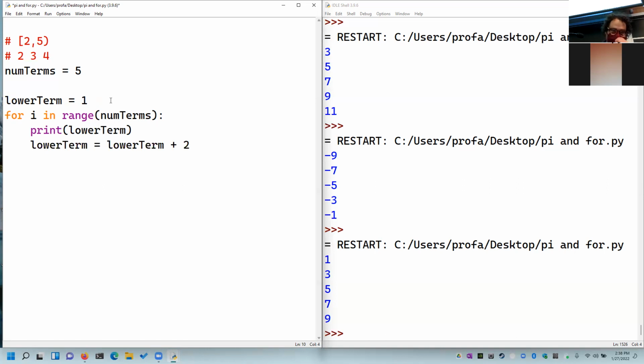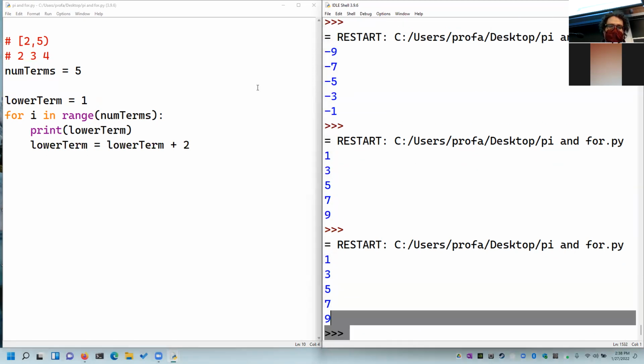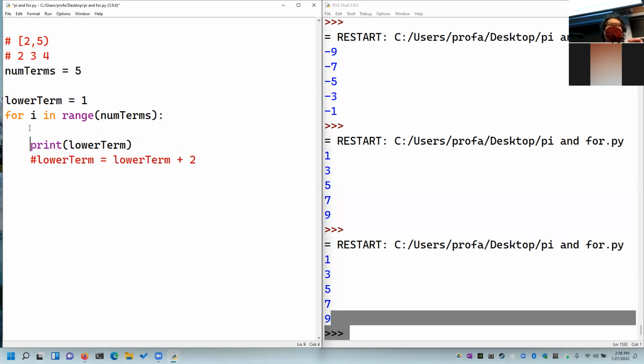So, in chat, we do have one other suggestion, which is possibly the most correct one, and the one that I instinctively think of. Okay, so let me comment this out. The one suggested in chat is probably the hardest to get your head around, but once you start programming, it is the one I like, which is print lower term times, so lower term plus 2 times